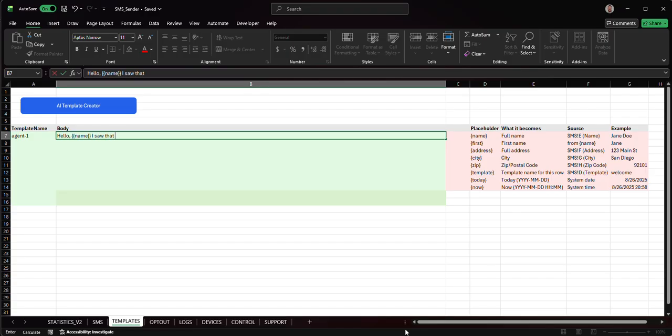I saw that your insurance number, and then I want to add the number. Let's say I add it with zip. I know we're not going to use the zip as a number, but we can just add the information that we need on this placeholder, and then we can use it. So zip. I saw that your insurance number zip is about to be suspended. Call me back or reply stop to